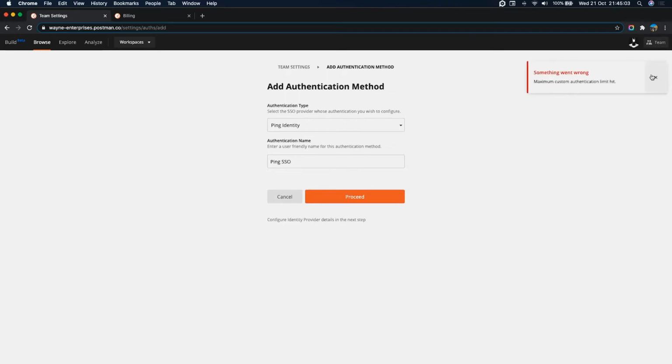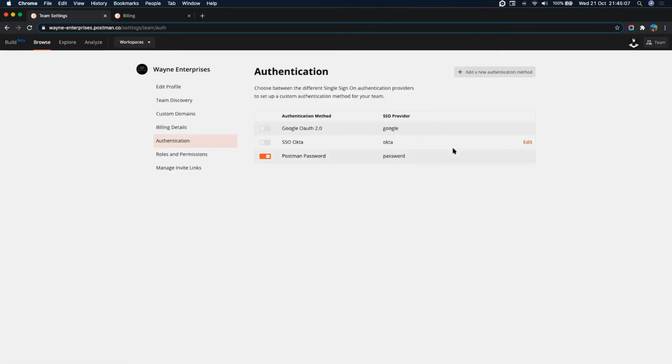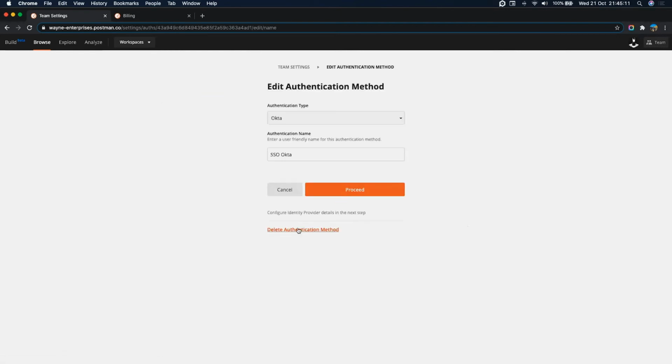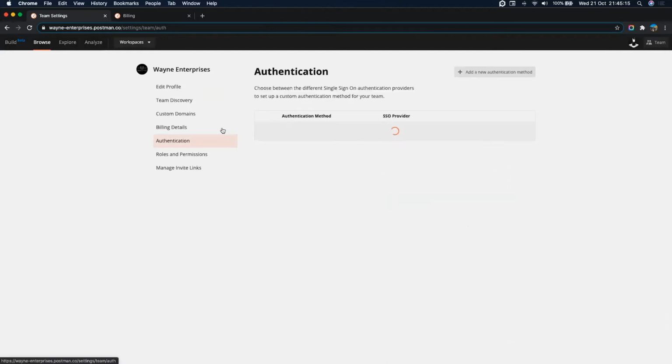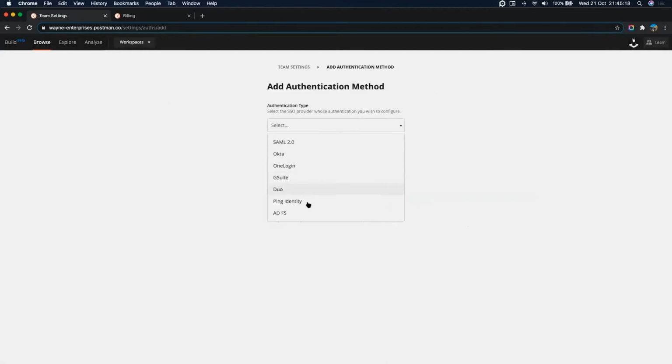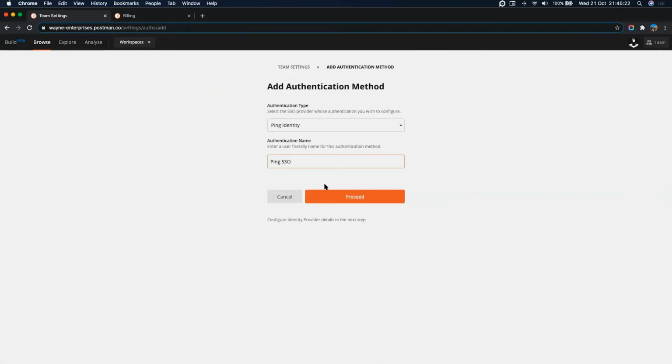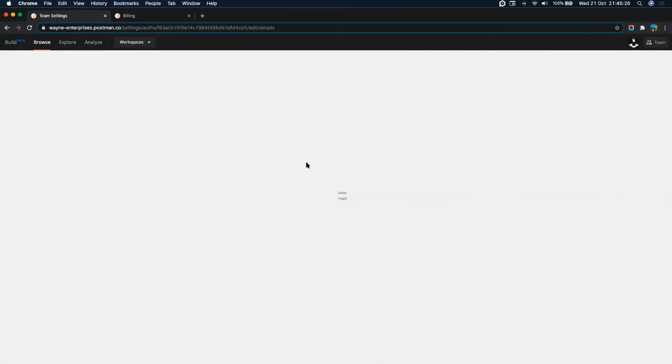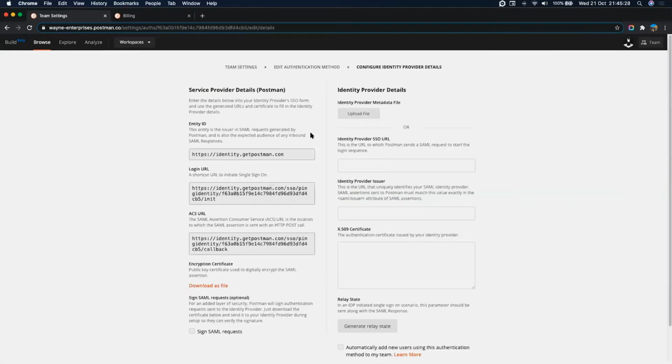And click on proceed. But looks like I've hit my max authentication limit. So let me quickly edit one and, let's say, delete a method so I can add a new method. But the process is the same. So I'm choosing Ping Identity, giving it a name and clicking on proceed, which will now take me to the